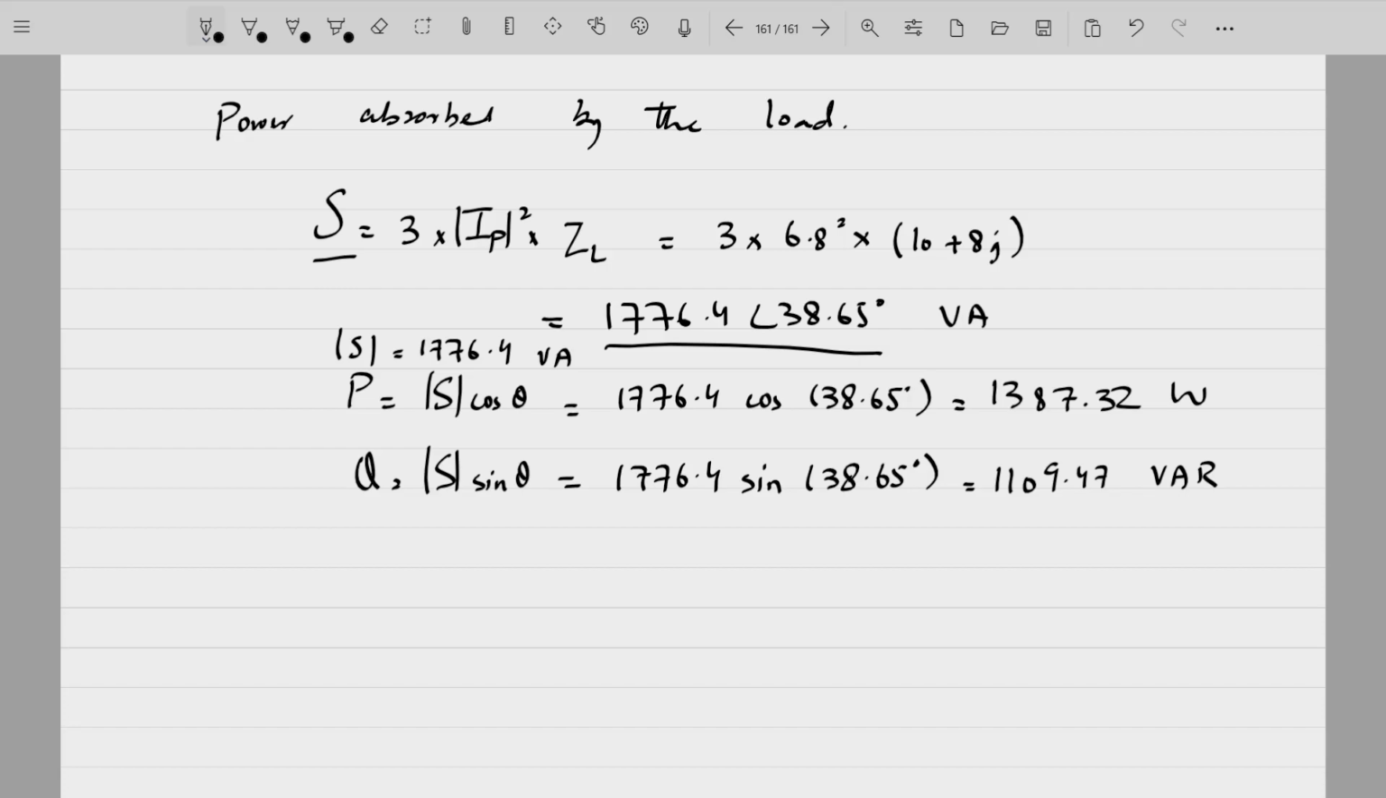We'll be doing some more numericals on this tomorrow, and with that, we actually covered